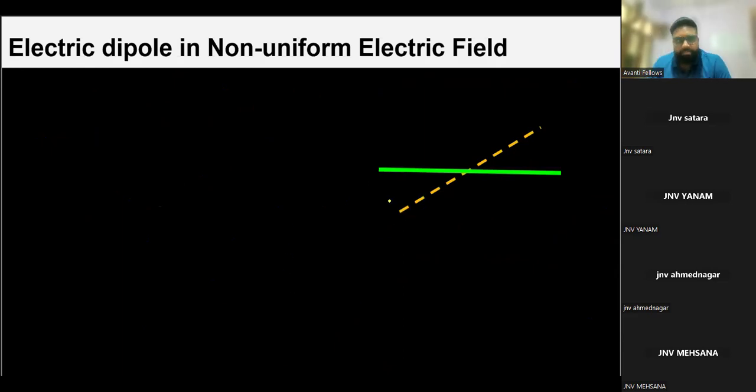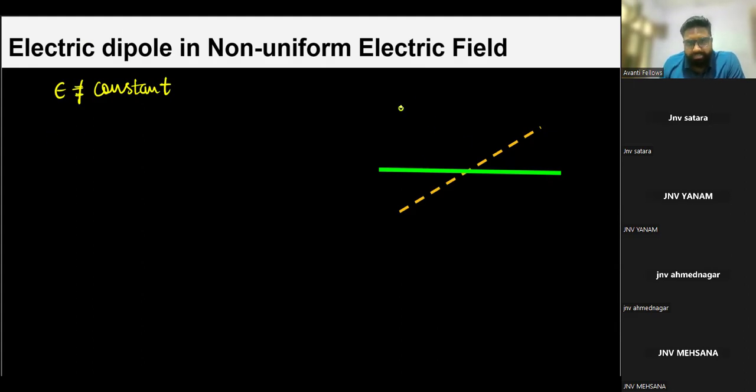अब नॉन यूनिफॉर्म के बारे में भी बात कर लेते हैं. When the electric dipole is put in the non-uniform electric field. ठीक है, नॉन यूनिफॉर्म में हमने इसे पुट कर दिया है. नॉन यूनिफॉर्म का मतलब होगा कि E इज नॉट कांस्टेंट. ये बहुत रेयरली पूछेगा लेकिन ये बहुत इंपॉर्टेंट है. ठीक है, E इज नॉट कांस्टेंट. सो इन दैट केस,